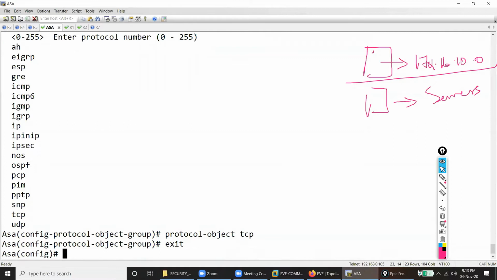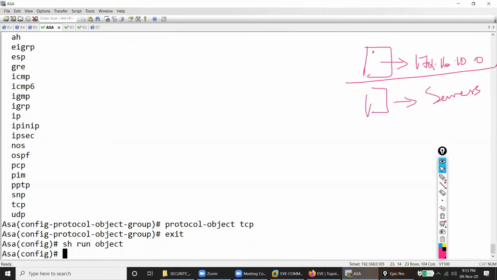At present whatever service I am talking about is all TCP, but you say no sir, we have TCP, we have UDP. So you can club more protocol objects in this. You can make TCP, you can make UDP, you can make ICMP also, but ICMP already has a separate one. So the main services that act after the access list are either TCP or UDP. So when I say object group,